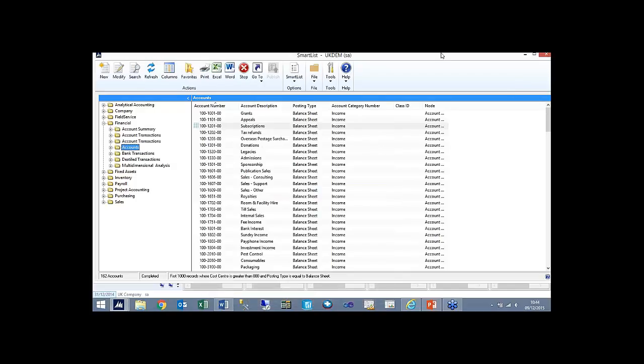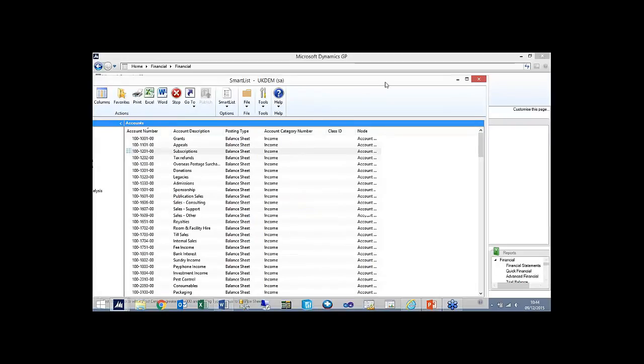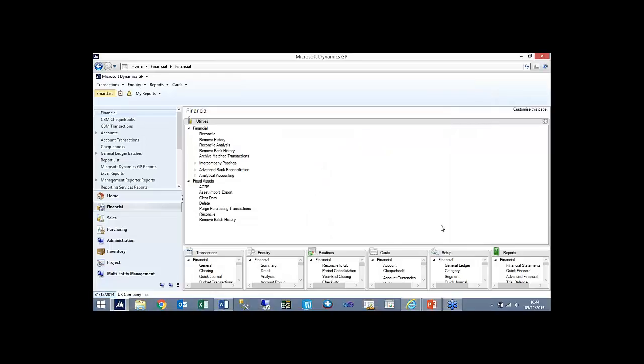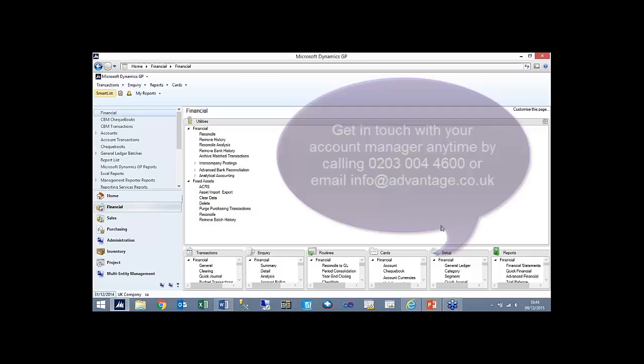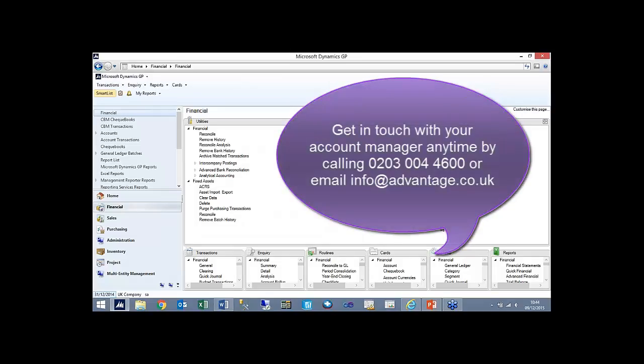So once you've done your checks, the last thing you should do before running year end is take another backup. So once your IT department have taken your backup, and again, if you don't know how to do this and you need a hand doing it, please feel free to get in touch with the account manager and we can by all means help